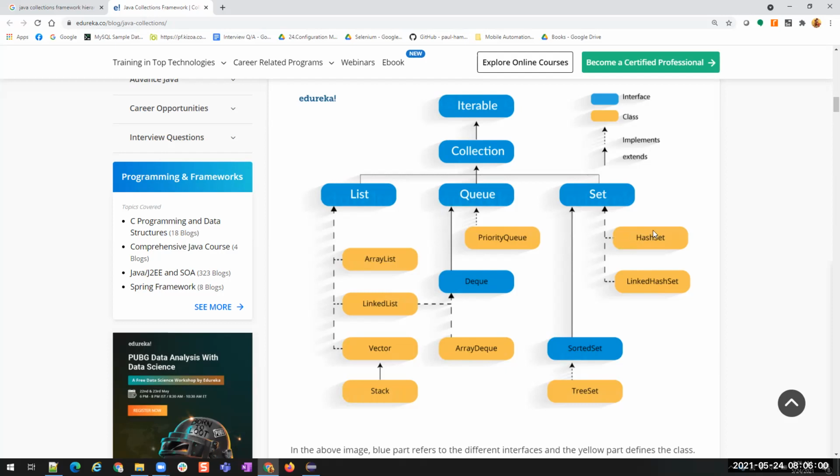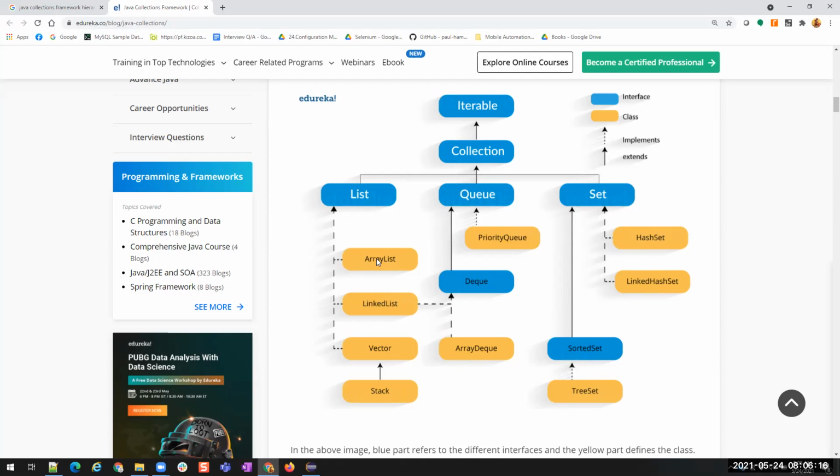Okay, if you learn this hash set, the set is completely learned. You don't have to worry about it. You will get everything about the set. There will be a small difference between sorted set and hash set. You have to understand that difference. You have to know what the difference is.